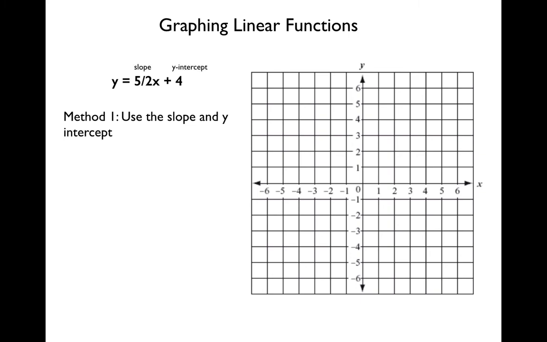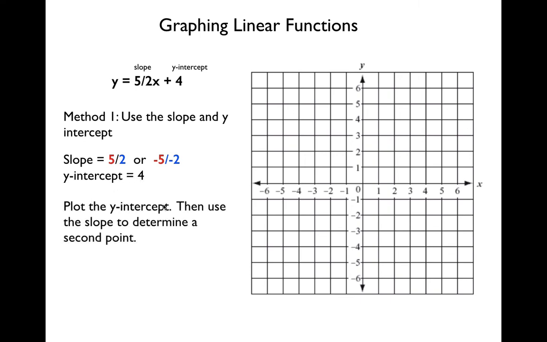So, first step is to identify the slope and the y-intercept. So the slope is 5/2, or alternatively negative 5 over negative 2, and the y-intercept is 4. So we're going to plot the y-intercept, then use the slope to determine a second point. So let's plot the y-intercept, 1, 2, 3, 4, y equals 4, and let's use the slope to find our next point. So as y increases by 5, x increases by 2. Let's increase 5, 1, 2, 3,